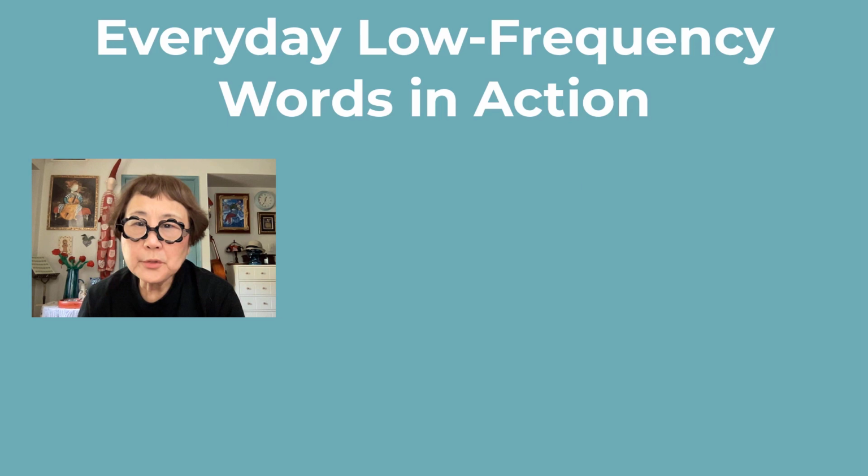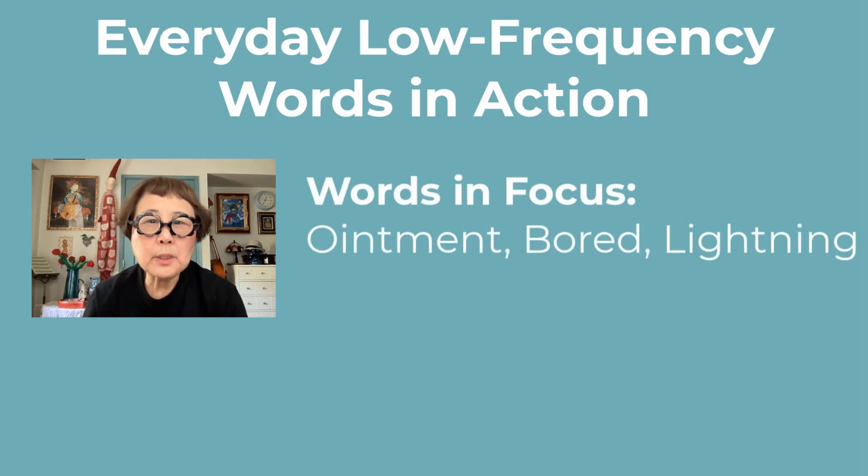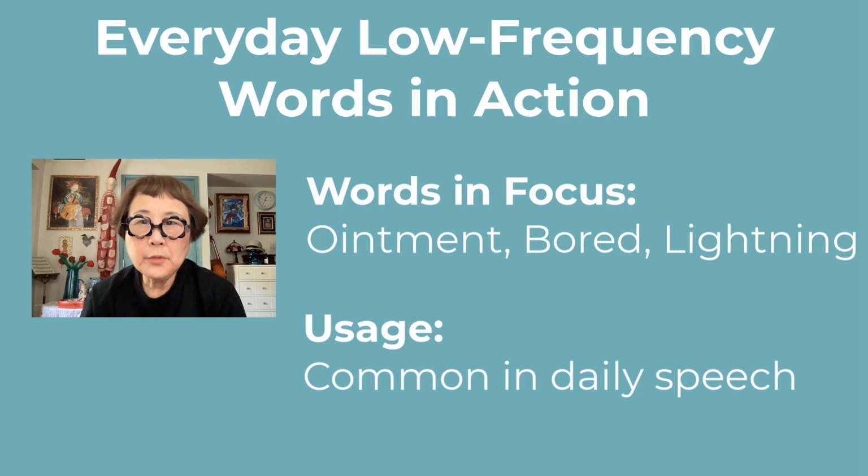Just because computer software analyzes that some words are among the low-frequency words, it does not mean that we don't use them in everyday life. This story contains words like ointment, board, or lightning, which are frequently used in everyday life, although they are listed